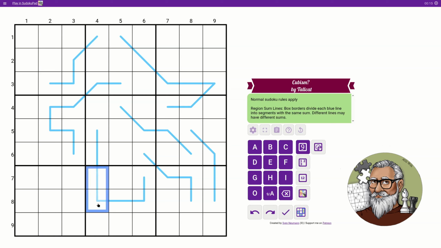This is 5, so this is a minimum of 15. Oh, this is 5 as well, so these are a minimum of 15 as well, right? Because if we put 1 2 3 4 5, it's 15. So these are 6 7 8 9. This one is 6 7 8 9 as well. So the minimum we could have here is 1 2 3. Right, same here. Okay, maybe we are getting somewhere,